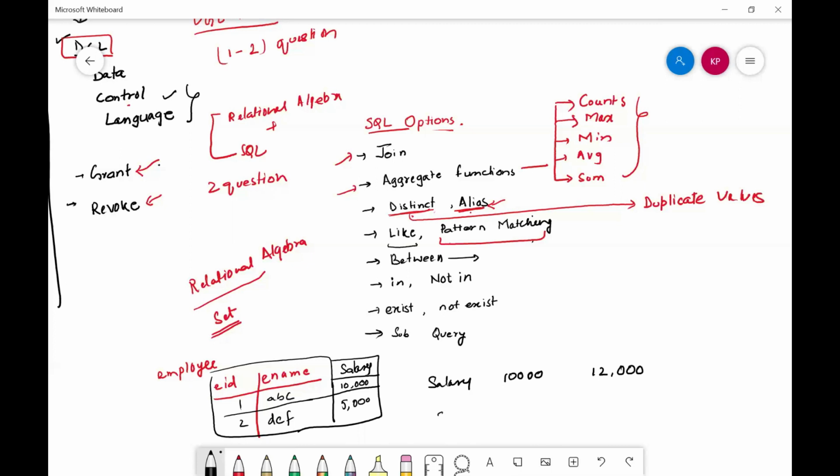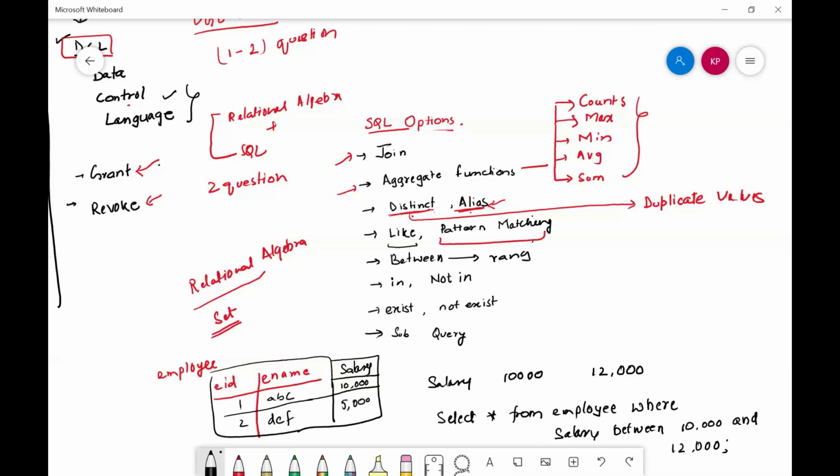So: select asterisk from employee where salary between 10,000 and 12,000. Basically, between is used to define a range in a where clause.